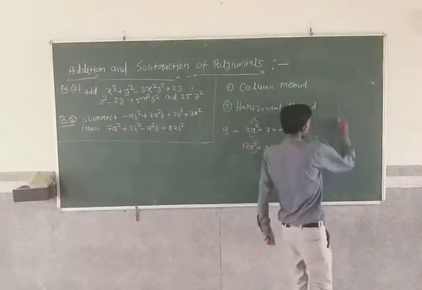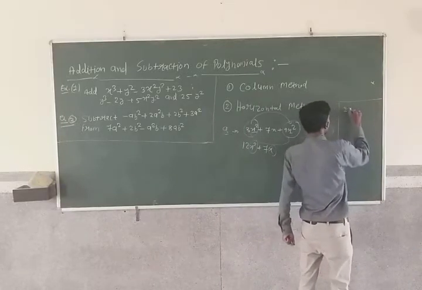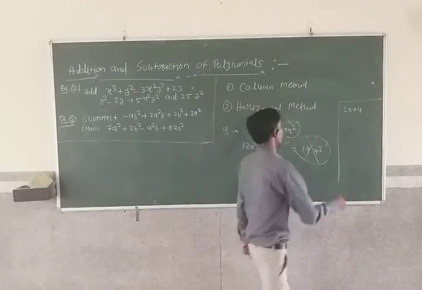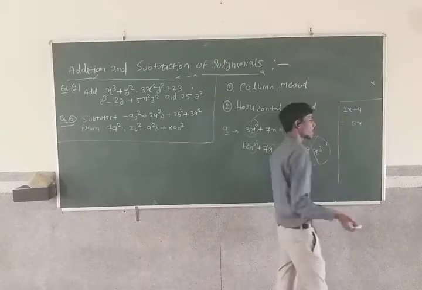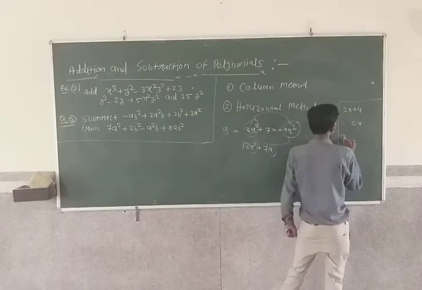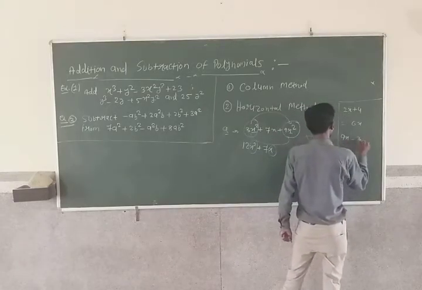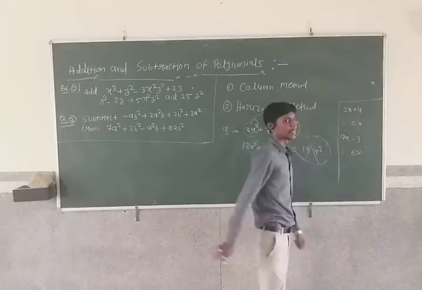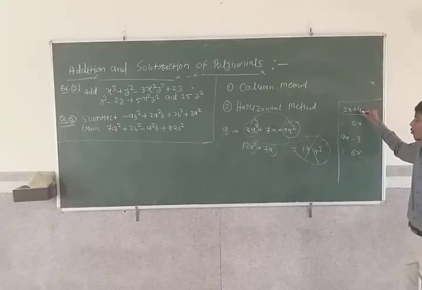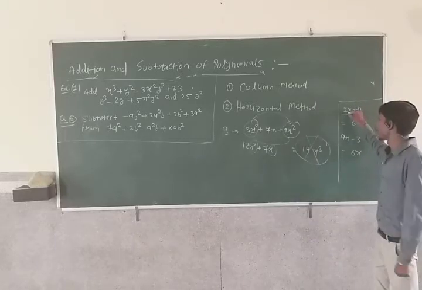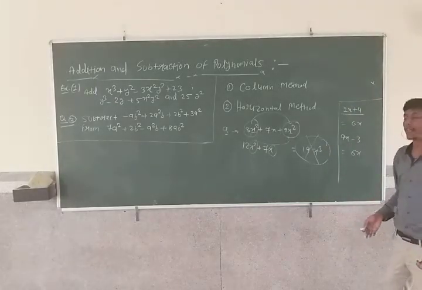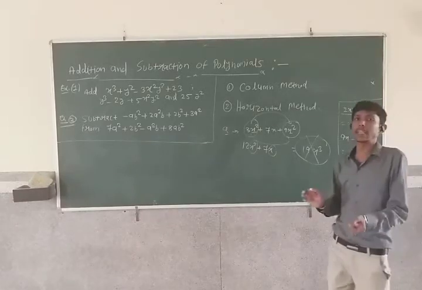Sometimes students make mistakes in this also. Suppose it is written 2x plus 4. Afterwards they will write the answer as 6x. They add 2x plus 4 and write 6x. If it is written 9x minus 3, then also they will do 9 minus 3 and write 6x. No. They both are not like terms. Here the term is 2x, and here 4 is a constant term. So we cannot add 2x and 4. Here also 9x and 3 cannot be subtracted. They cannot add or subtract any kind of unlike terms.